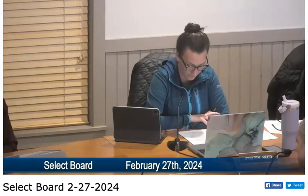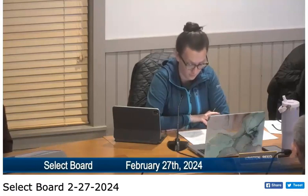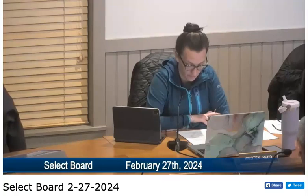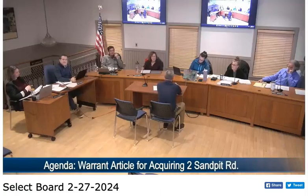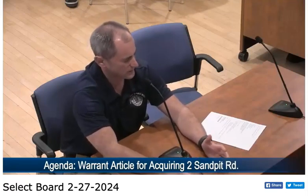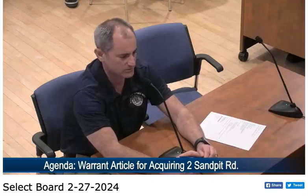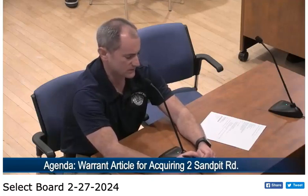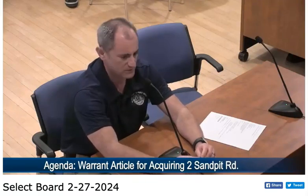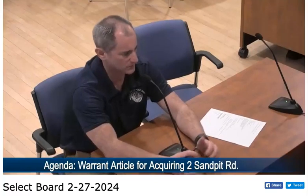The town was considering purchasing a portion of Noon's 2 Sandpit Road, a little bit over $6 million for the 23 3/4 acre land. So the first phase really is just the visual inspection of the property. The second phase really is soil and water tests. So what we did was 11 or 12 test pits on the property for soil testing, and we did install 3 monitoring wells there. During the soil investigation, there was nothing that really triggered any kind of regulatory compliance items